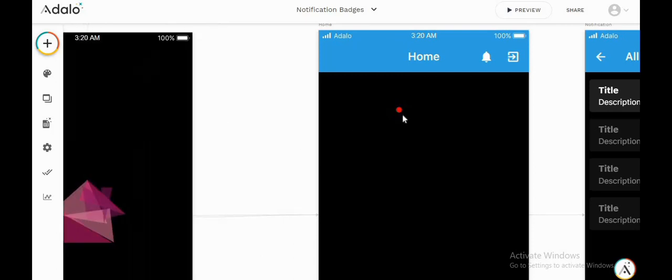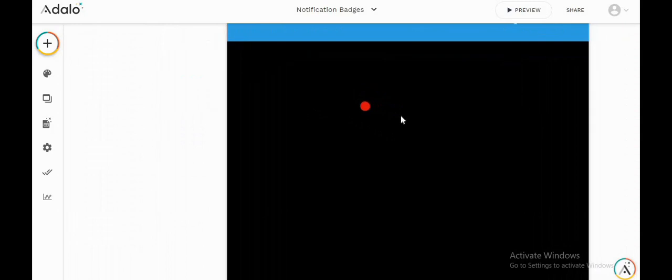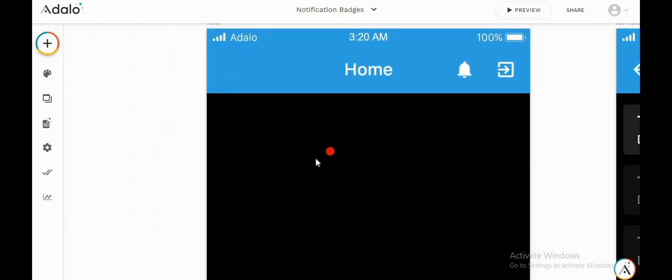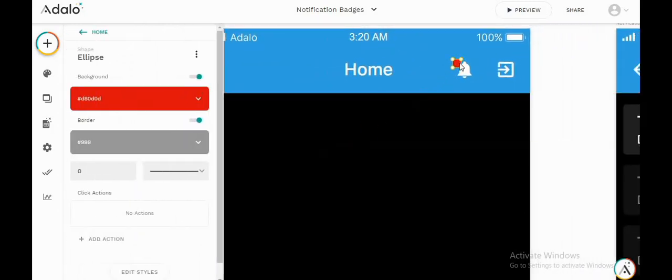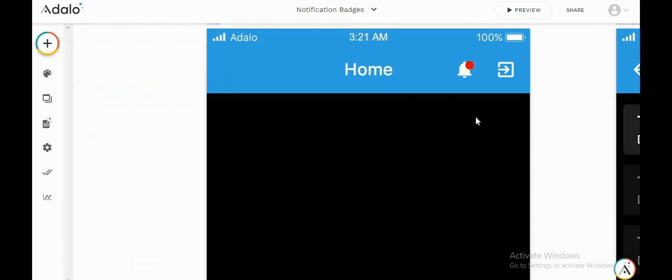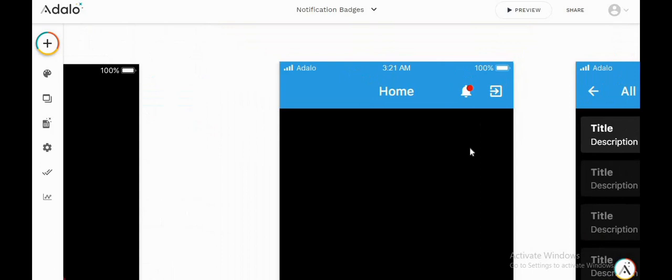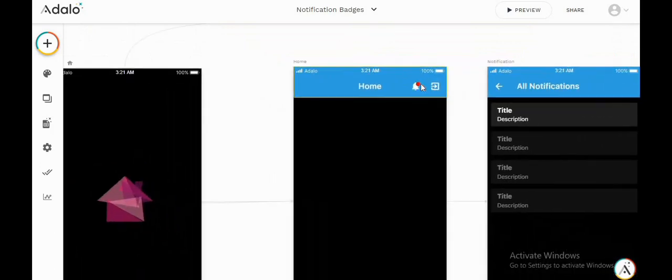Okay, so now this looks exactly like the badge of notification we see in our apps. I'll just place it over this notification icon. Okay, just let me adjust it. Yep, that looks good. So now, as you can see, I have placed it there.